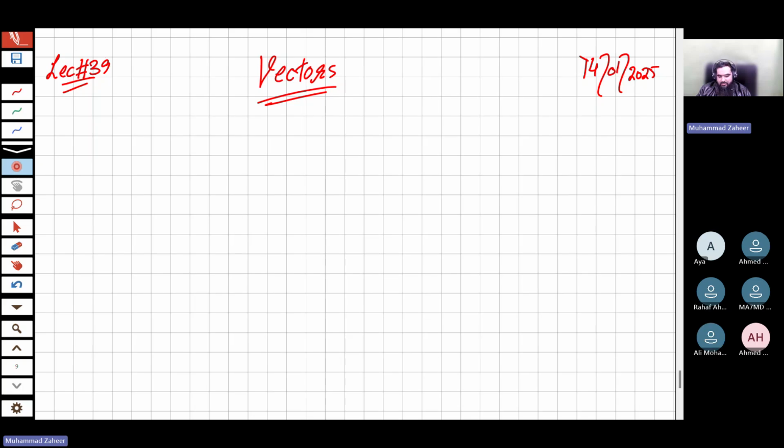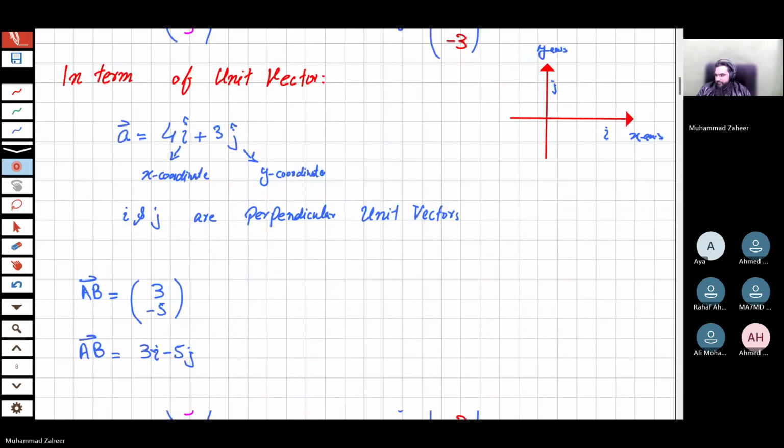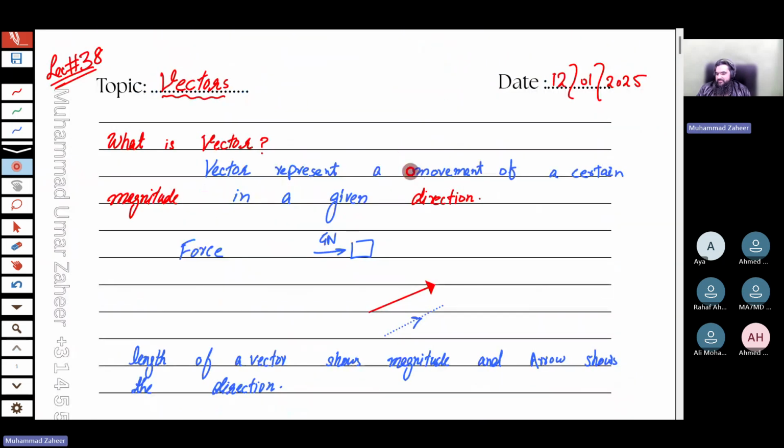Let's see how to recall the things that we have done in the last class. In the last class, first of all, we talked about what a vector is. A vector is basically used for the representation of the movement of a certain point with